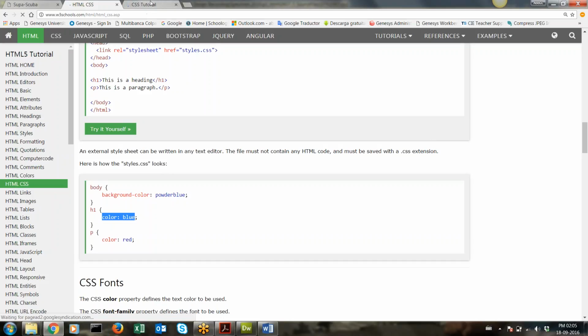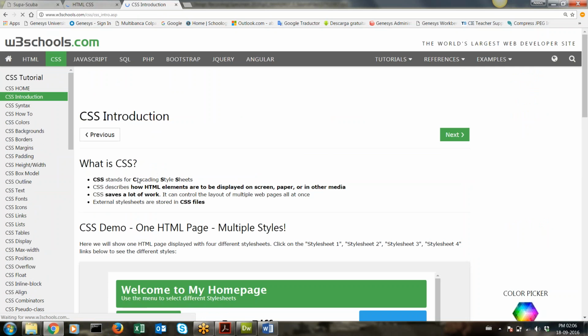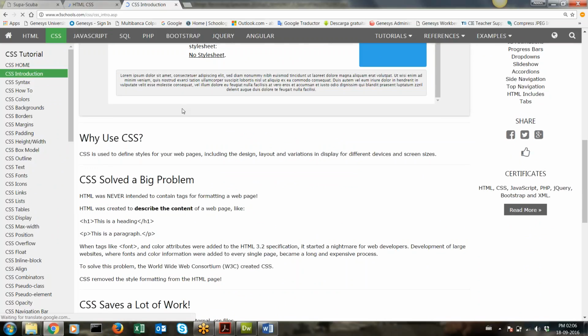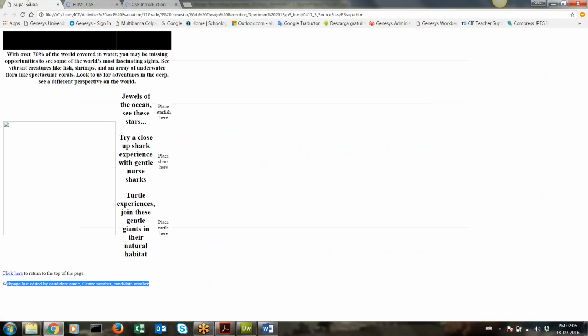So let me open this CSS tutorial web page, okay, and let's go to the CSS introduction page. Okay, so CSS is used to define styles for your web pages, including design, layout, and variation. So what CSS actually does is, if you see my web page here,